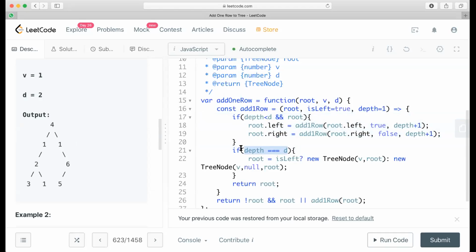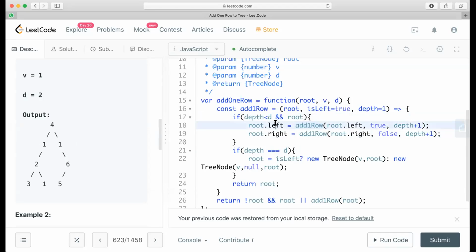Now I am also aware that once I hit the depth D, I'll be creating a new root node. That means when the backtracking happens, all those nodes should be reported back to me. And I don't know from which side, so I'll have to traverse the whole tree.